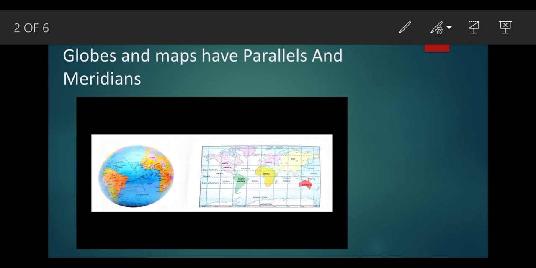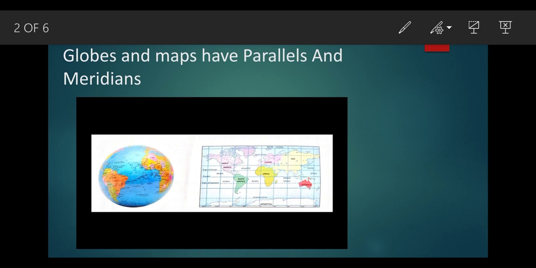The earth is spherical in shape. Like a ball, it is round, but is slightly flat from top and bottom. Without any point of reference, it is difficult to locate places on it. To understand the location of a place on the surface of the earth, we need to know certain points or